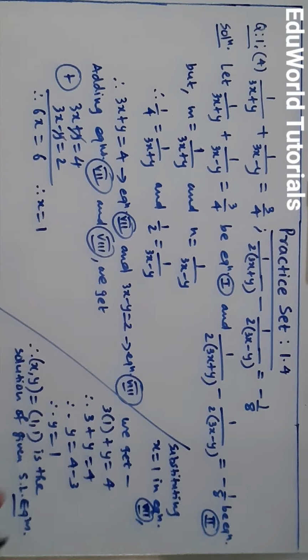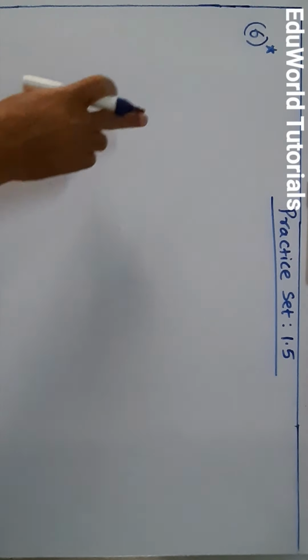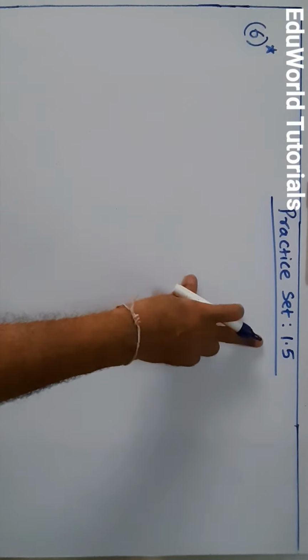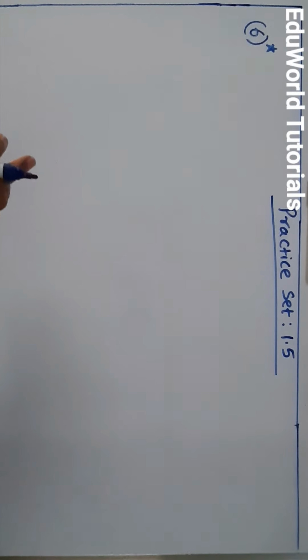Now we will go to solve a new sum. Students, we are solving the sixth sum of practice set 1.5, which is again a challenging sum. Now I am not writing the question, but I am reading the sum as it is given in the textbook. It is given that out of 1900 km, we shall travel some distance by bus and some by aeroplane. The bus travels with an average speed of 60 km per hour and the average speed of the aeroplane is 700 km per hour. It takes 5 hours to complete the journey. Find the distance Vishal traveled by bus. So students, think about the sum.